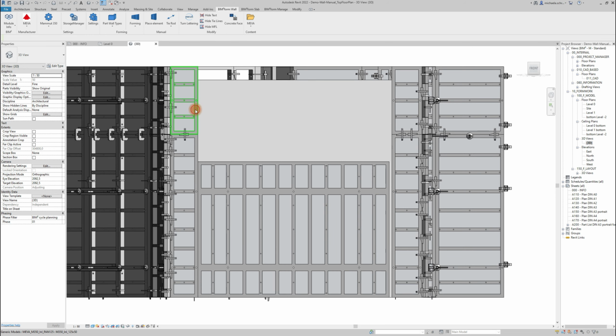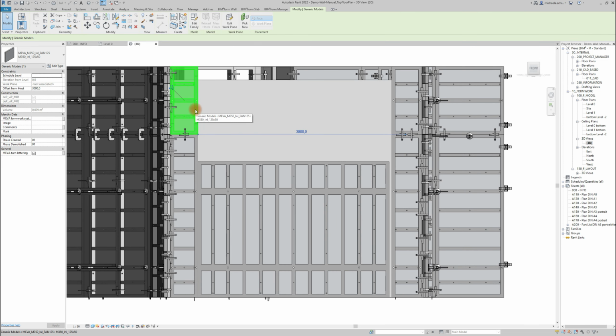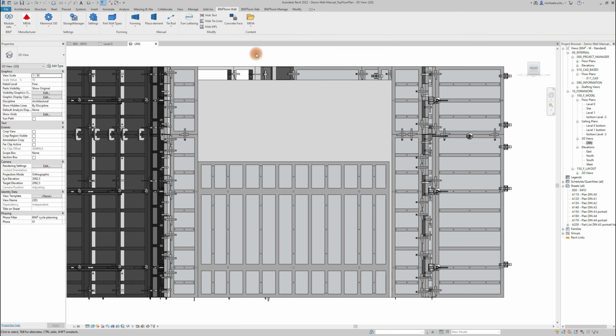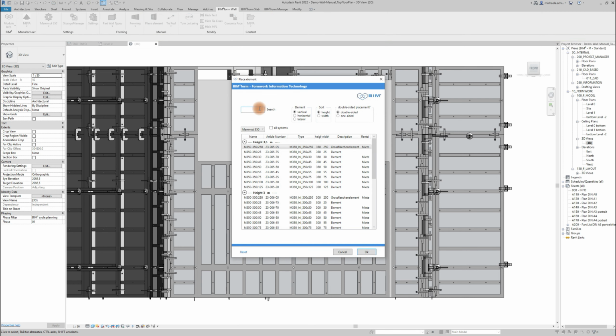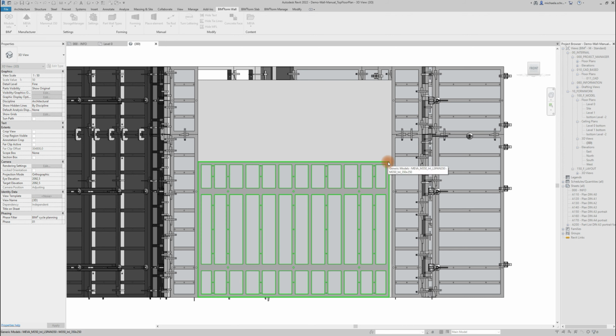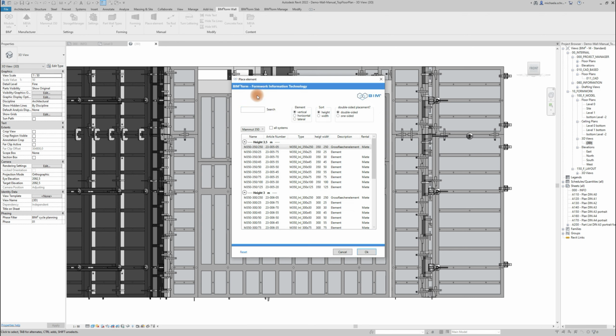To end up with the same overall height as the rest of the formwork, let's check the height of the upper element as well. This one has 1.25 meters, which makes up a total height of 4.25 meters. So since we have already placed an element with 2.5 meters, we are going to place another one horizontally on top. Therefore, we'll use the second largest one, and to fill up the rest, we'll use another smaller size, which is 50 centimeter wide.